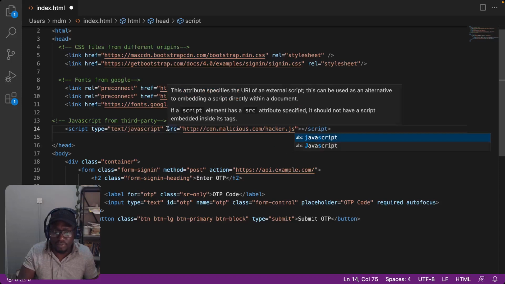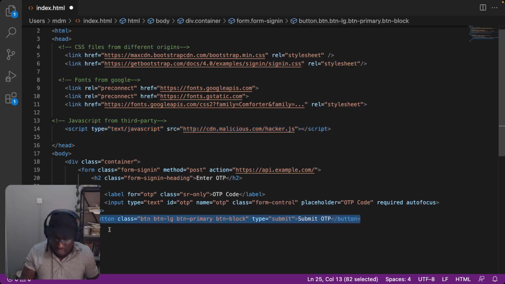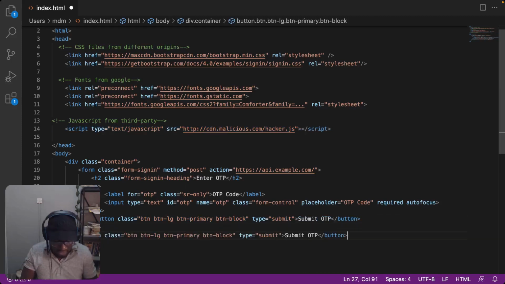So if this script is fetched from another page that the user visits, and instead of having this form submission, there's a button in it that somehow lies to the user that they're filling in their OTP field here or whatever,